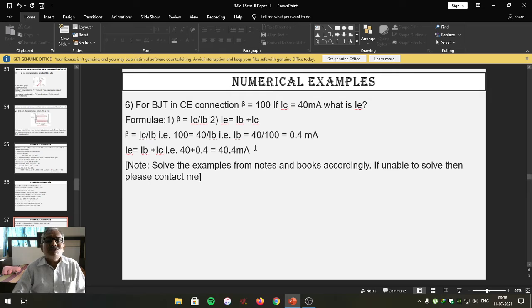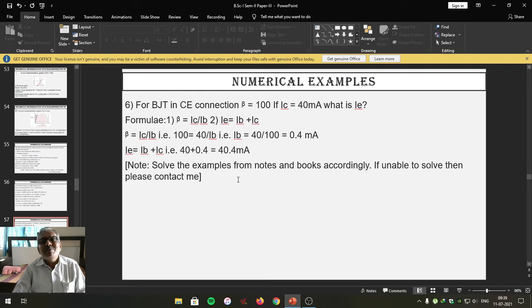In today's lecture, we tried to solve the 6 numerical examples. Similar examples with changed data may appear in your objective type questions also. You have to make use of these formulas and solve the examples. No doubt in objective type questions, alternatives are given. You have to solve it and search one of the alternatives from that. Students, I have solved 6 examples here, but you have to try to solve many more examples for your practice.